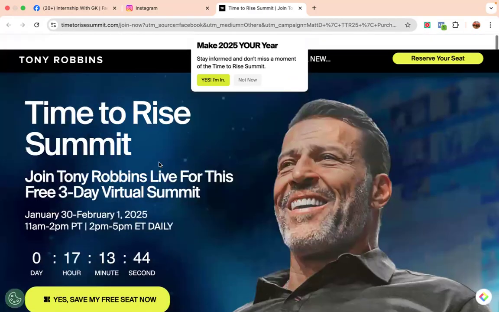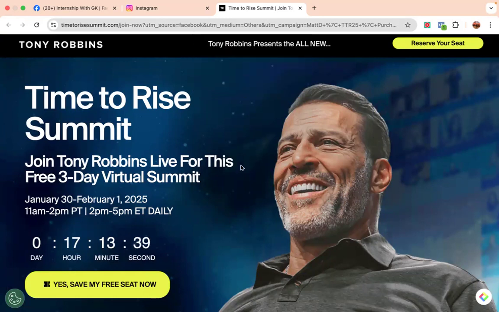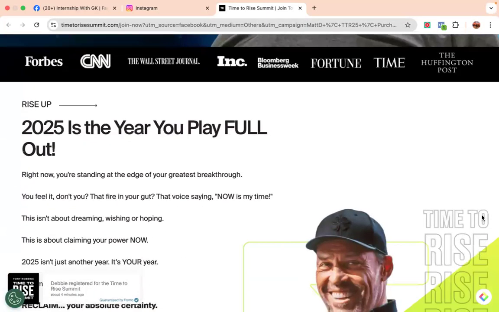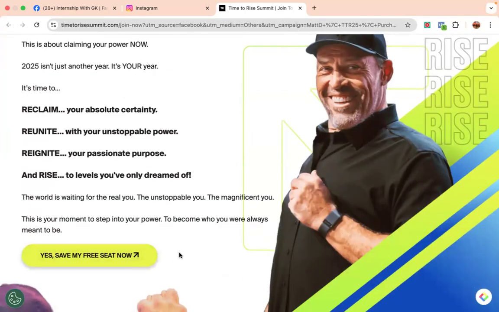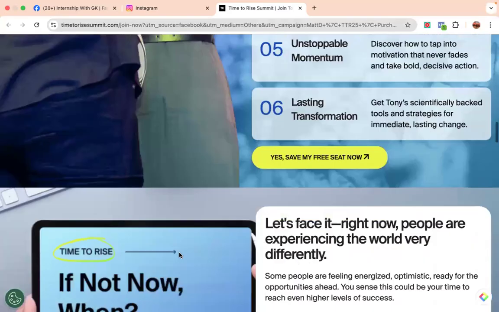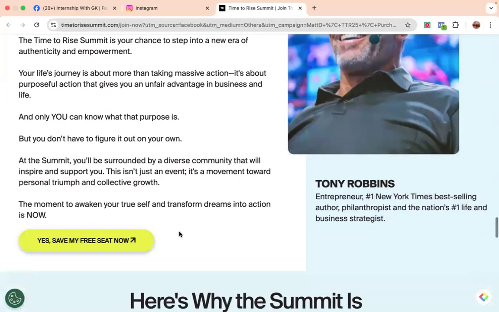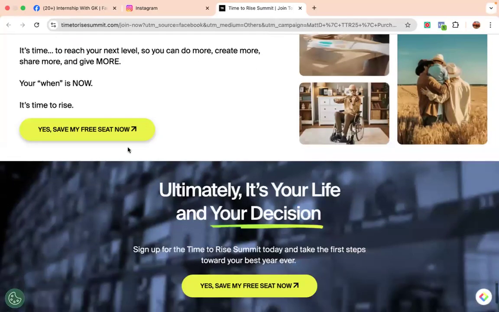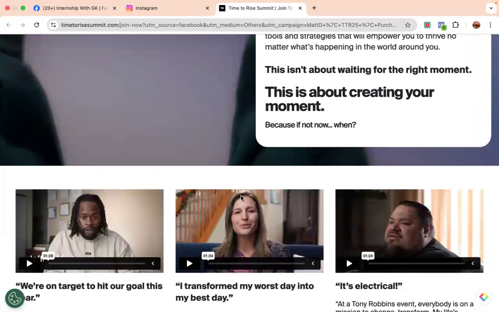Tony Robbins is a renowned figure in the domain of life coaching. He has been featured in all the top-notch places, and his programs are also tremendous from what I have heard. And you see on his page, he is giving CTAs in so many places. It shows some information, builds the trust, provides a CTA. Again a CTA, then again, and then again, yes, again the CTA. So the CTA has to be spread across the page.